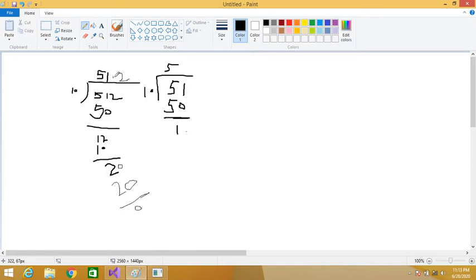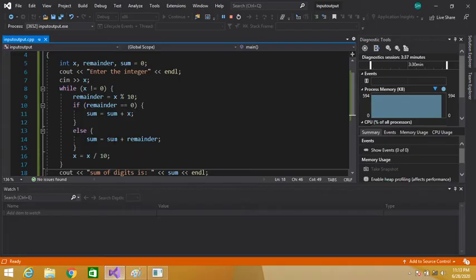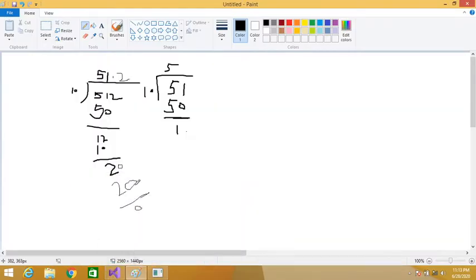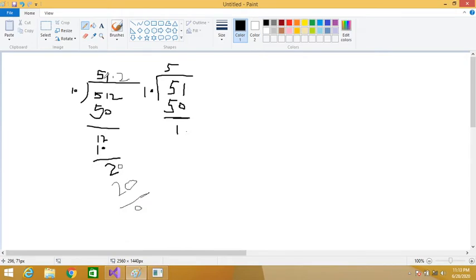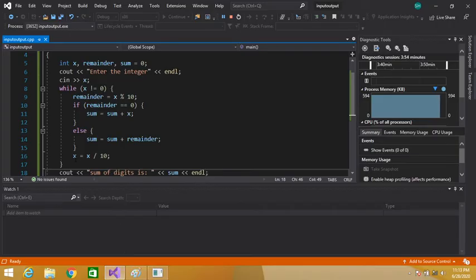The part after the point, this decimal portion, will be ignored, and only 51, this integer value, will be stored, because x is an integer variable, so it will only hold an integer value, and this part is ignored. So x now will contain 51, because it is an integer variable, so it will only hold this integer part. So 51 is stored in this x.